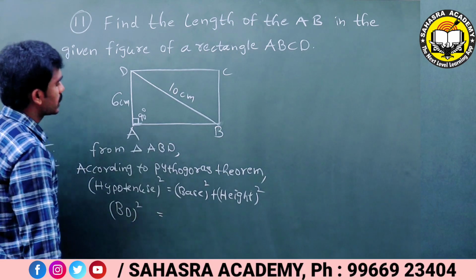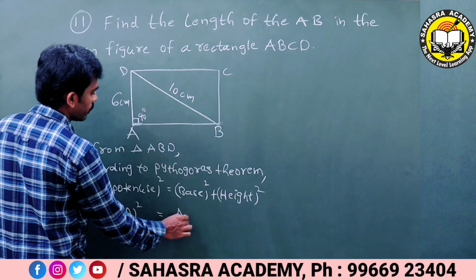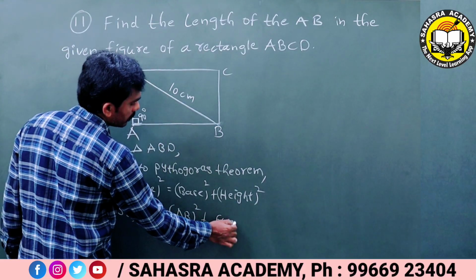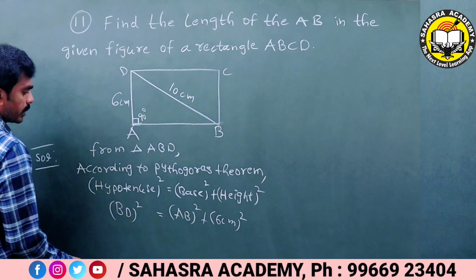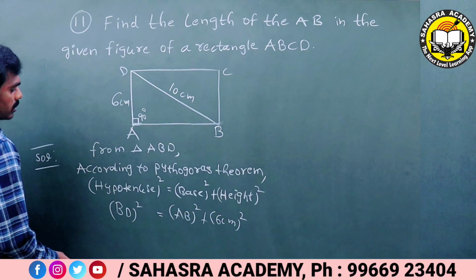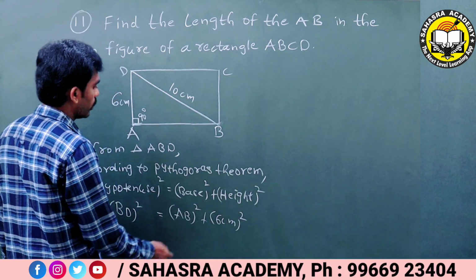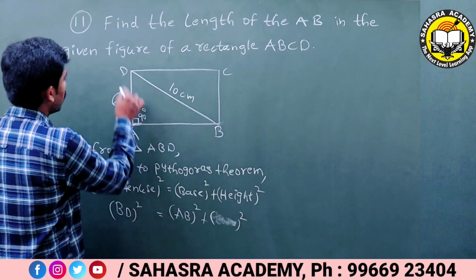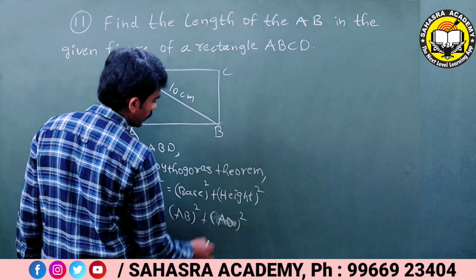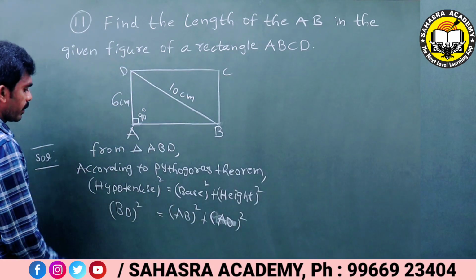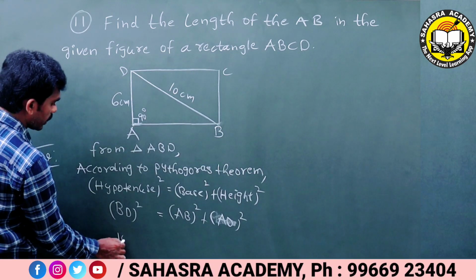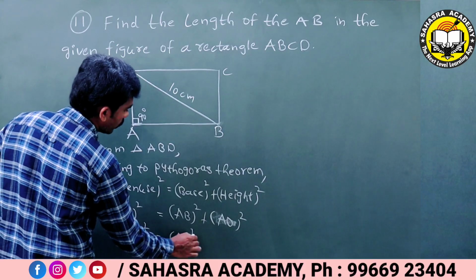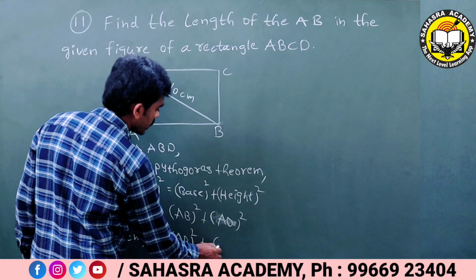BD square equal to base square. Base is AB. AB square plus height is 6 centimeter whole square. See here, BD square. Instead of 6 centimeter whole square, let us write first AD whole square. In the second step, we will write every value. AD whole square. Okay, see BD is 10 centimeter, right? See 10 centimeter whole square equal to AB, we need to find, we don't know, plus AD 6 centimeter whole